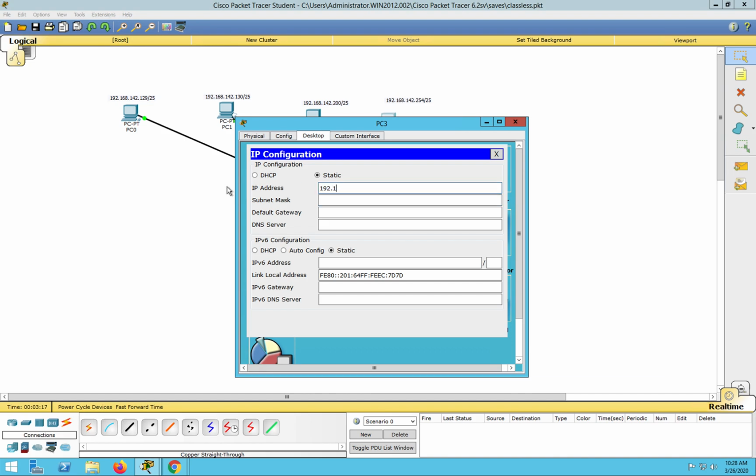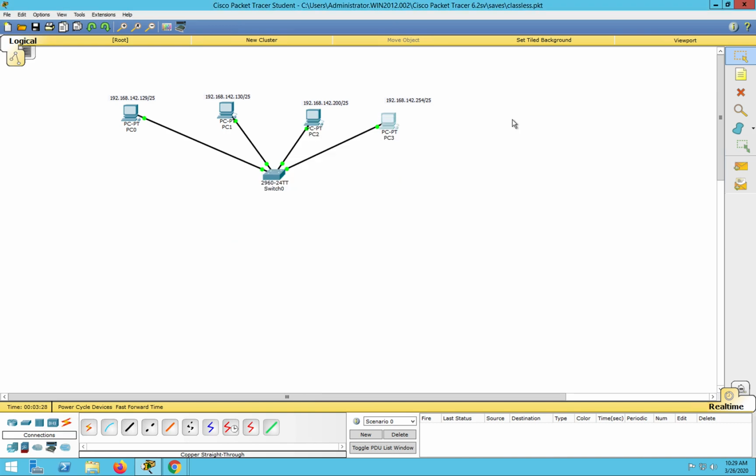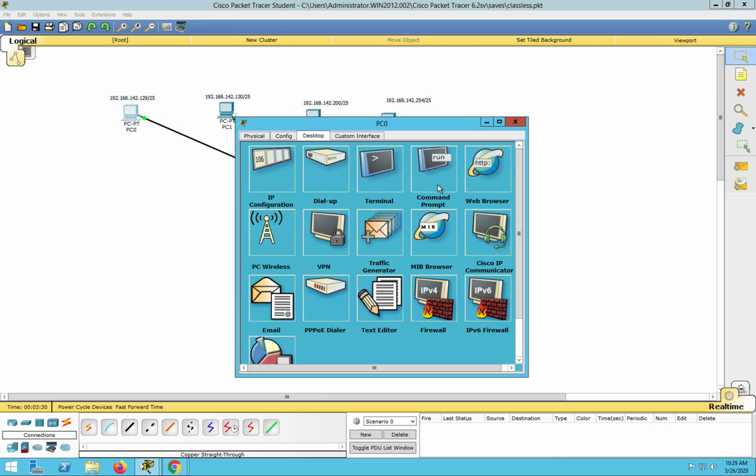Okay, finally 192.168.142.254, and this will be 255.255.255.128. Okay, so once you have all of these set up, what I want you to do is I want